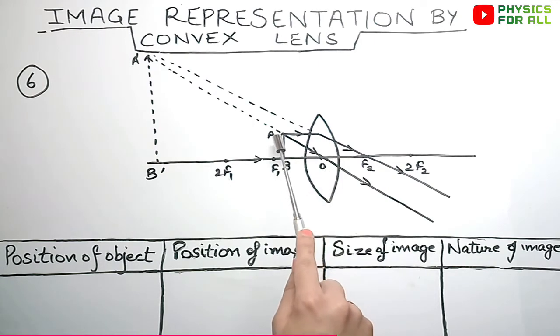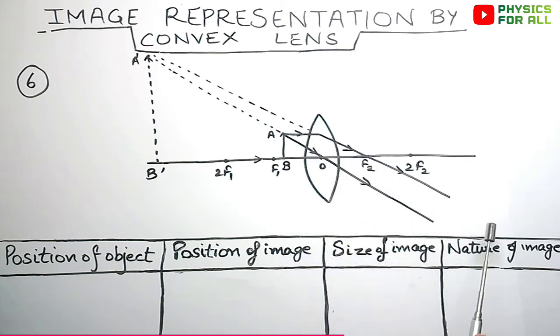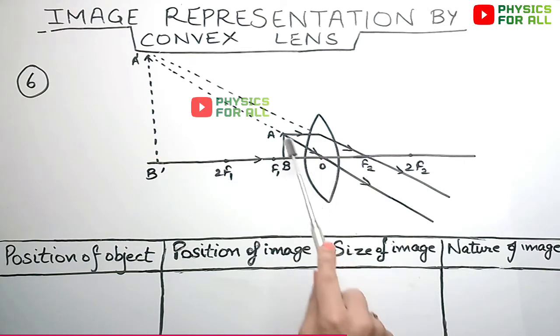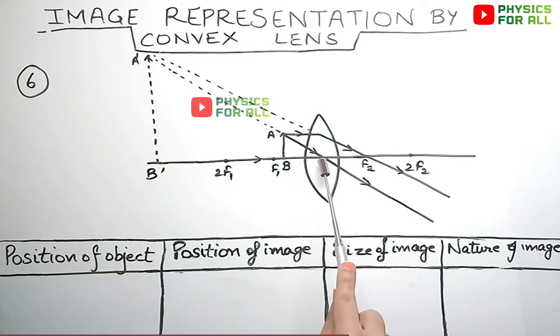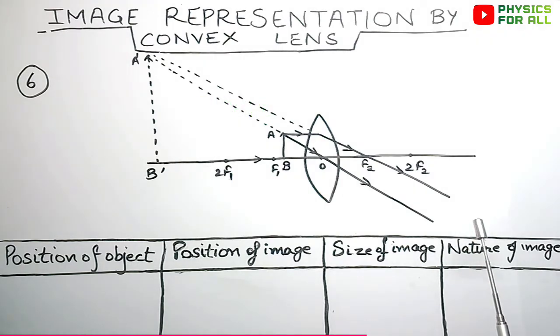So if we do that, again the two rays that we are going to have is the one which is coming parallel to principal axis, so after refraction it will go through principal focus, that is on the other side, and the one ray which passes through optical center will emerge as it is without deviation. Now these two rays, even if they are showing to be parallel, are not parallel, they are diverging rays, so they are just going to diverge as they move forward. So we can never get the point of intersection of two rays which are diverging, because diverging rays never meet.